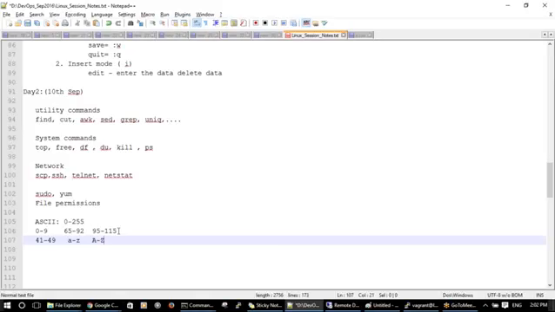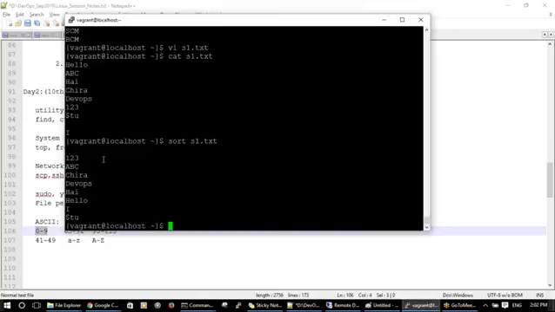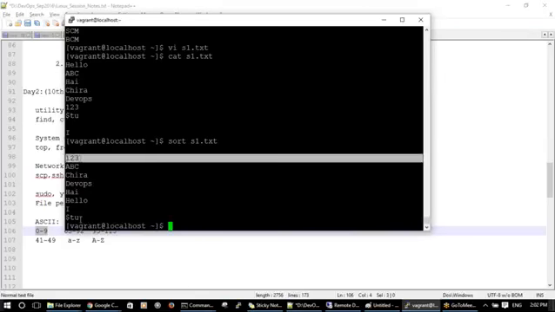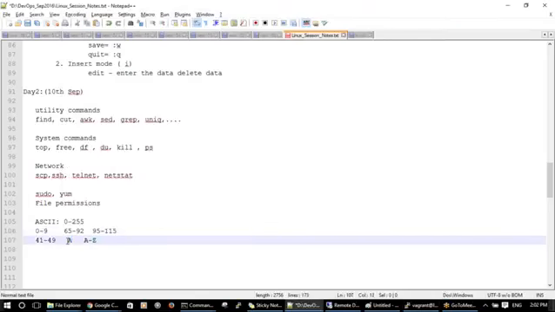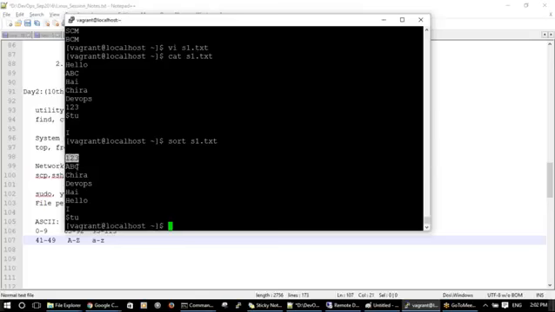Now when you run the sort command, it will sort based on ASCII value. If I say small a and capital A, which one will come first? If I say a number and a capital A, which one will come first? Numbers. Now look at the output and tell me which are coming first. Numbers. Sorry, this is reverse: it is capital A to capital Z and then small a to small z. First numbers will come, then